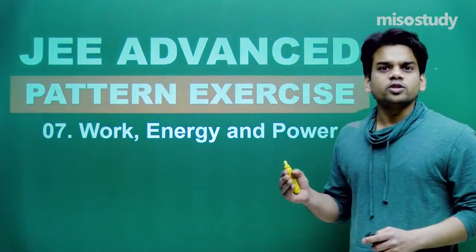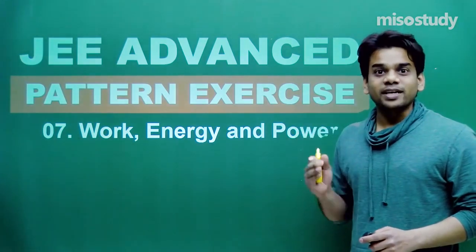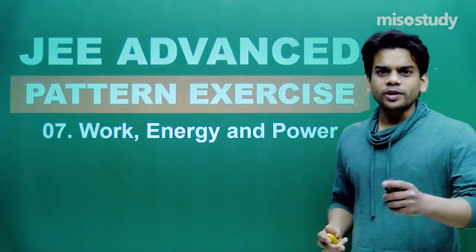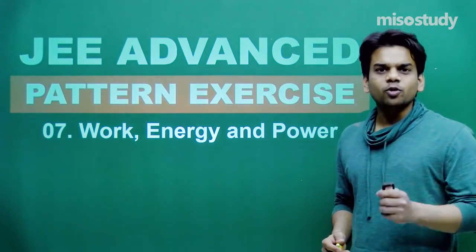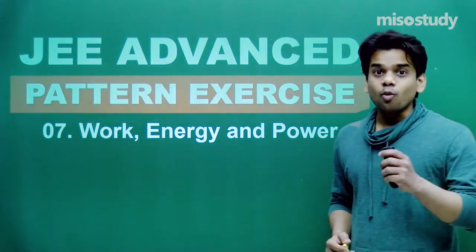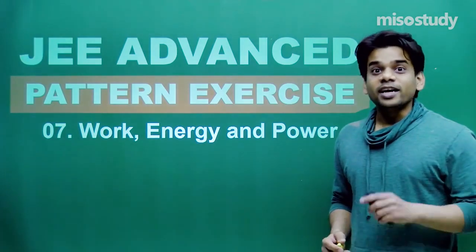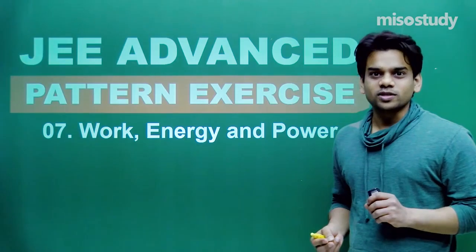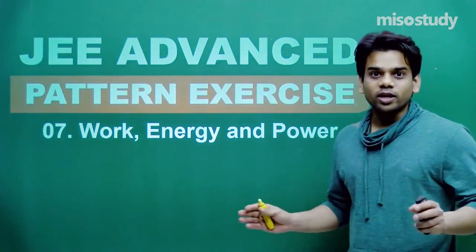Now in more than one choice, you have to answer with each option that is correct. Suppose two options are correct. If you mark both options, you'll get full marks. If you answer only one, you'll get 1 mark only for that one option which you have ticked as the right answer. And never ever attempt to take any guess in more than one choice correct, because that will take away your entire marks.